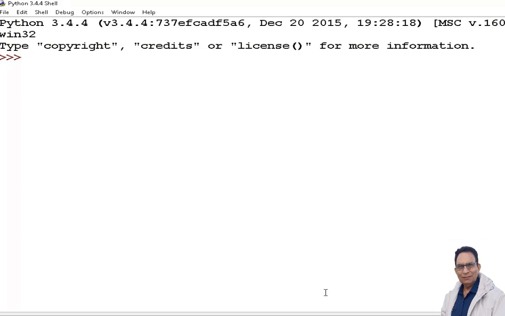Let us discuss sequence data type. Sequence data type includes strings, tuple and list. Let us see what is a string. A string is a non-numeric entry. We take example x equal "I am Indian".